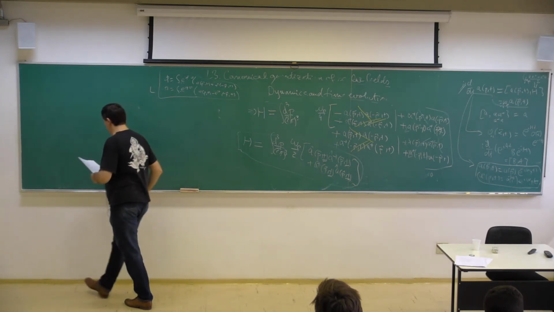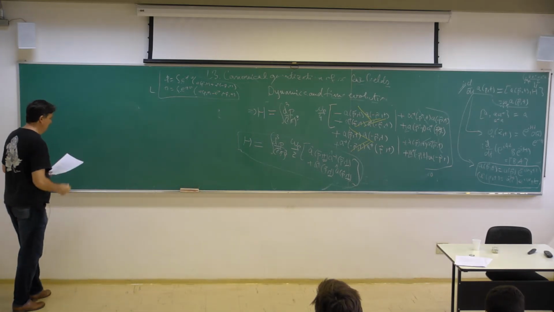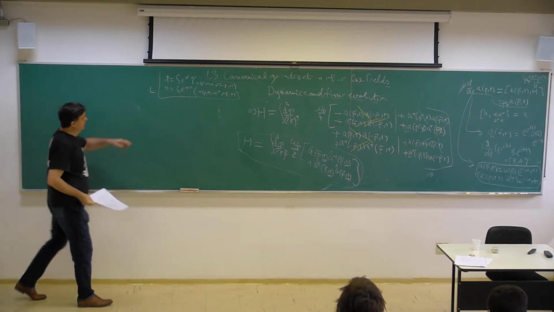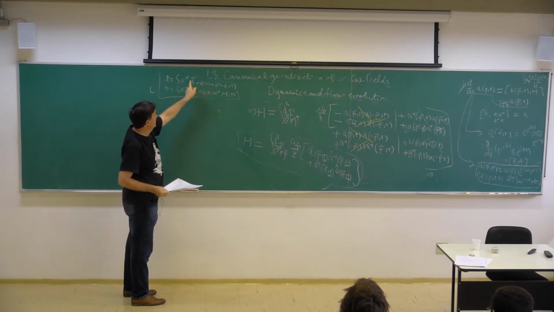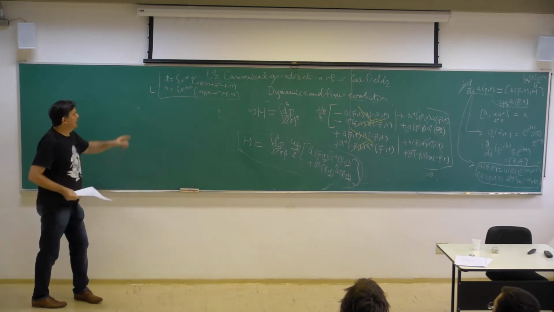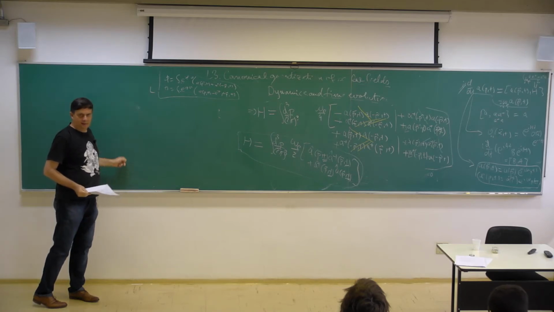And as I noted, I could write this in two forms, one with e to the ipx in the first term and e to minus ipx in the second, or in this form. This form was easier in order to calculate, but